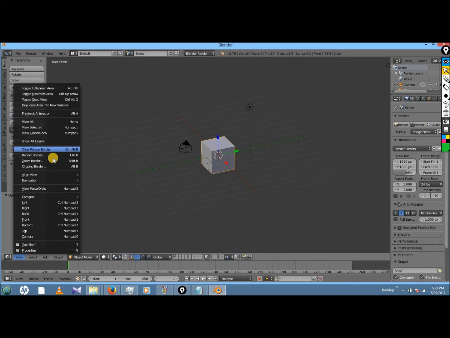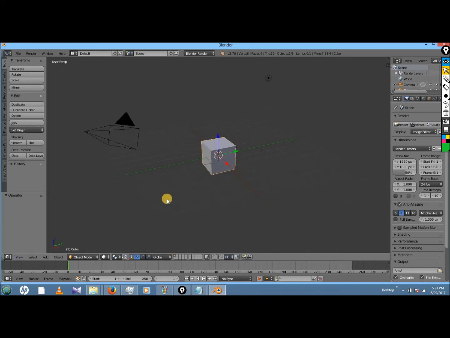It's somewhere over here, I know that. That one. You go to view perspective/ortho, and that'll toggle between the two if you forget about the number pad 5. You definitely don't want a random cube to be in the model, because that's extra polygons and they don't even do anything.